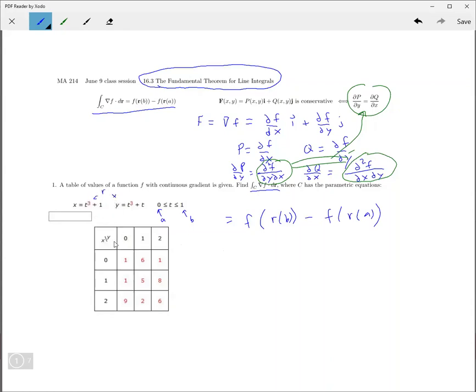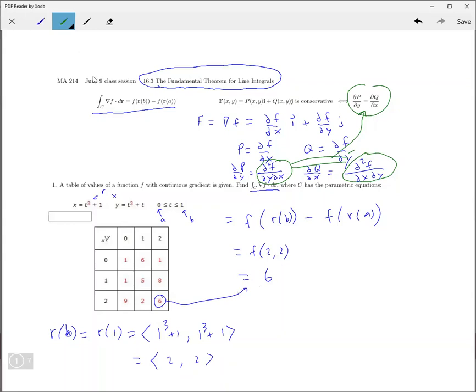These two functions right here. So r of b is going to be r of 1, which you're going to plug a 1 in for here, and then you're going to plug a 1 in here. So that's 2, 2. Okay, so that's f of 2, 2. And then f of 2, 2 is 6. So that's 6. And then the other piece,